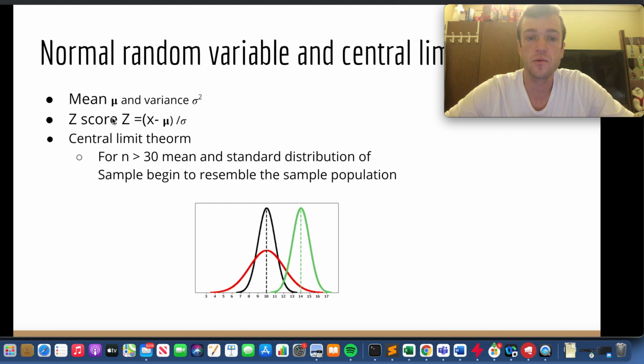So normal random variable and central limit theorem. The mean is mu, and variance is the standard deviation squared. Oftentimes we're going to refer to the z-score, where z equals x minus mu, the mean, over the standard deviation. And chances are we're going to have